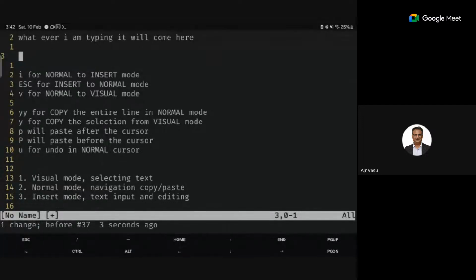Both have some learning curves. I have explained these things in Vim, because I'm quite used to it, so I know these things better. I'm not that good in Emacs. I know the basics and how to do things. Even though I use Emacs every day, I use Vim mode inside Emacs.